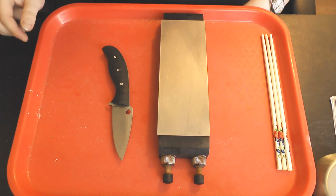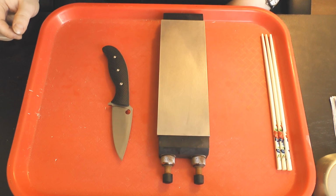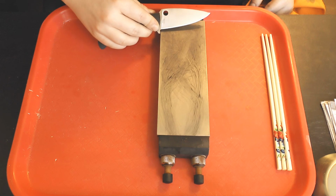Now, for the sake of brevity, I intend to cut out the portion showing myself sharpening this knife, and maybe I'll leave in deburring it, but